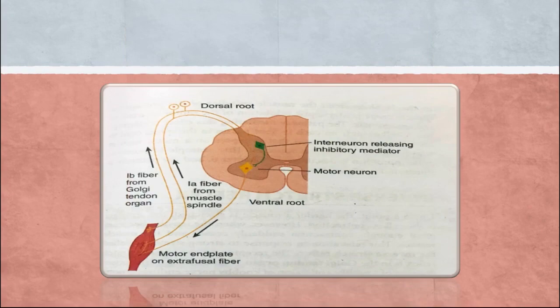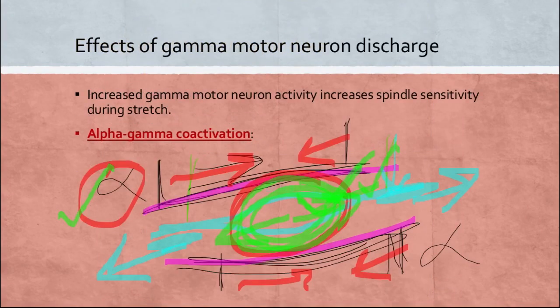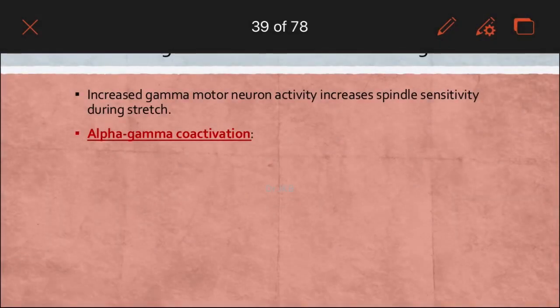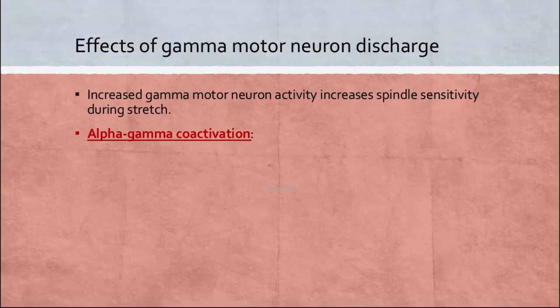who controls these gamma motor neurons? These gamma motor neurons are controlled by higher centers, descending tracts from the brain. It is coming from the higher center. It can be from the cortex or it can be from the brain stem. They are controlling the activity of the gamma motor neuron in majority. They are also controlling a bit of the activity of the alpha motor neuron, but who is the main regulator of the alpha motor neuron?